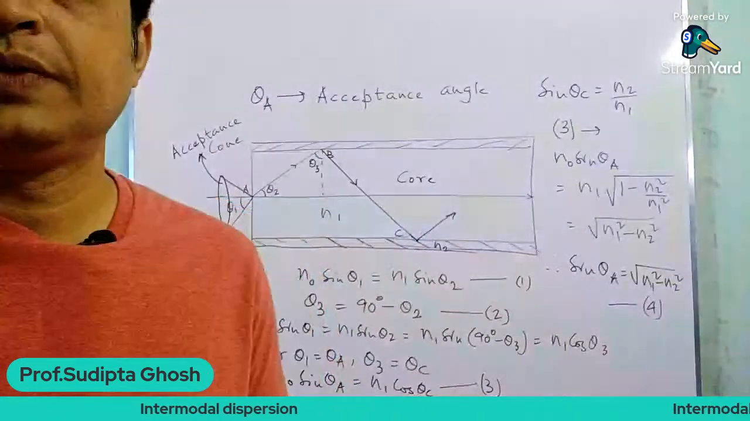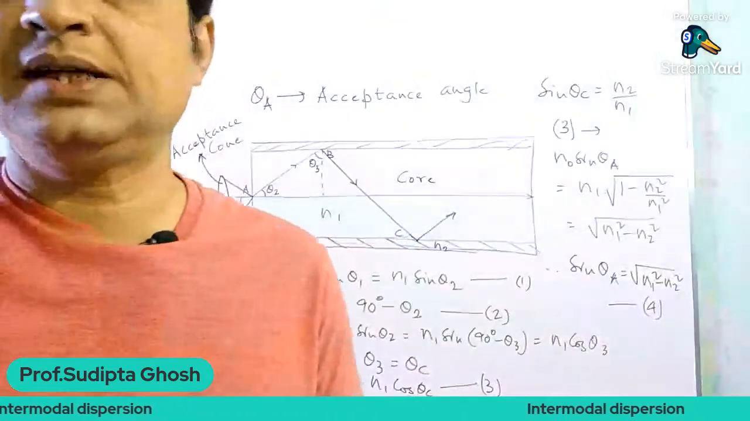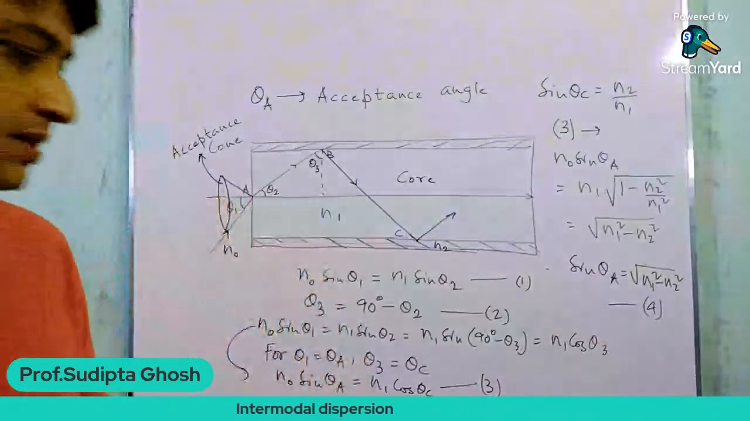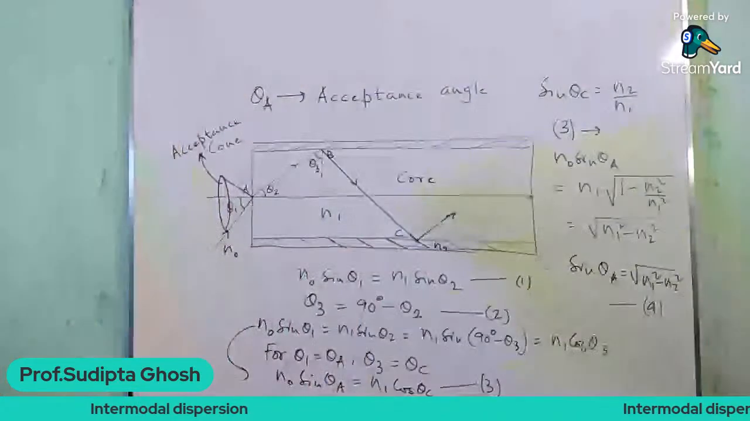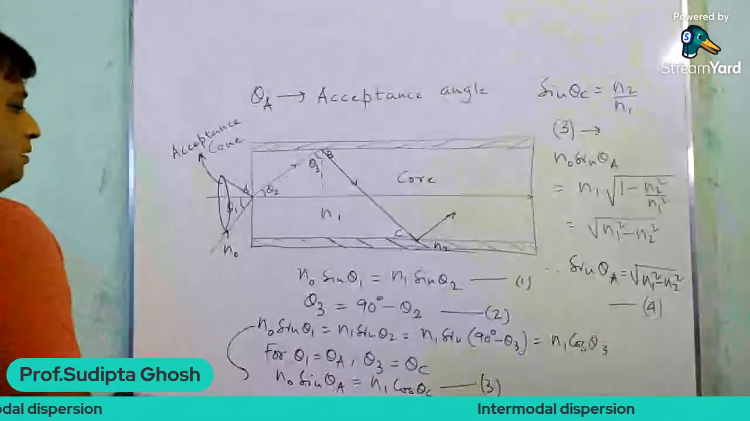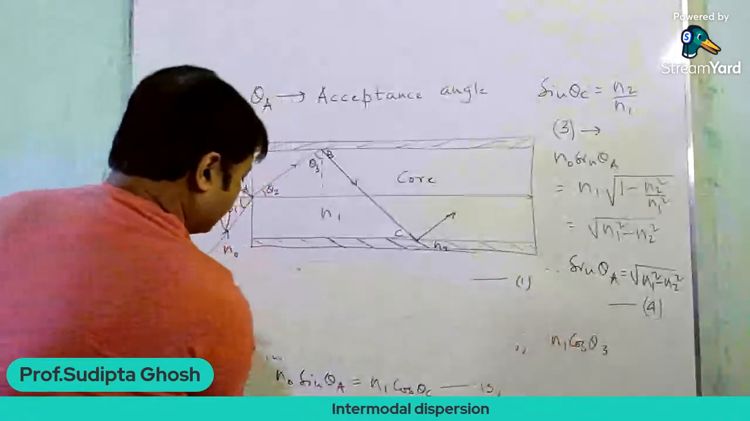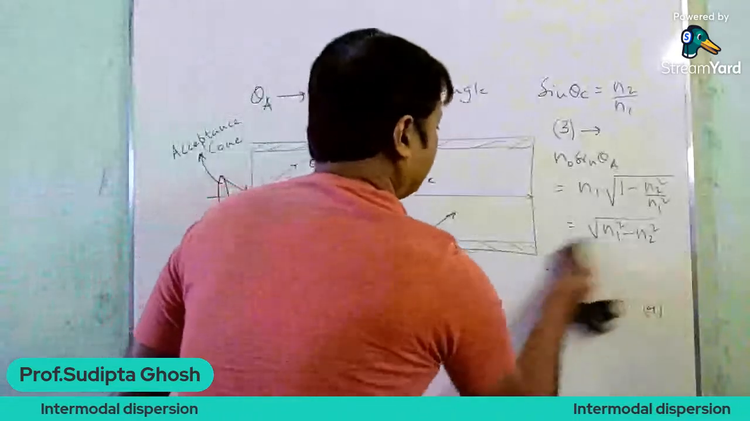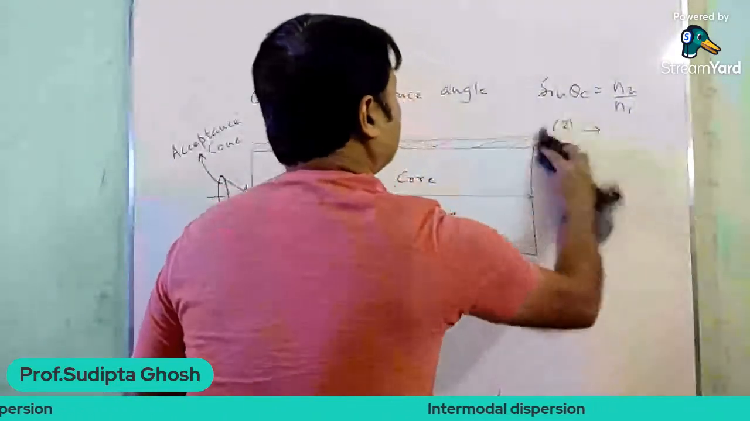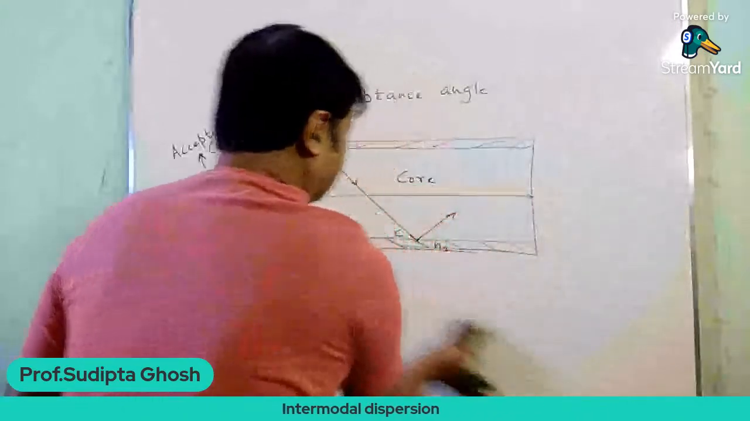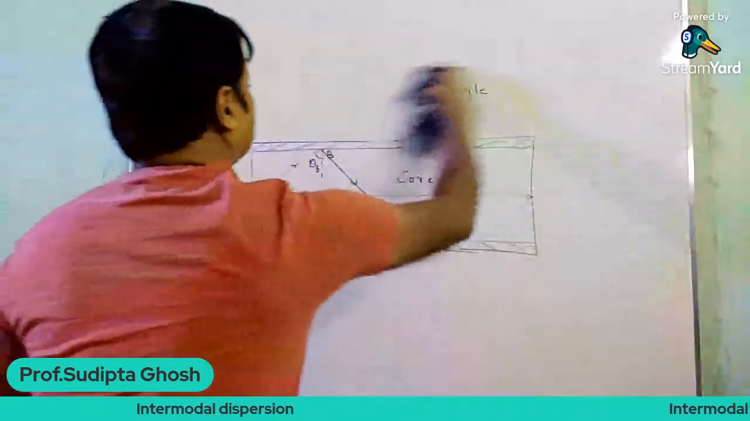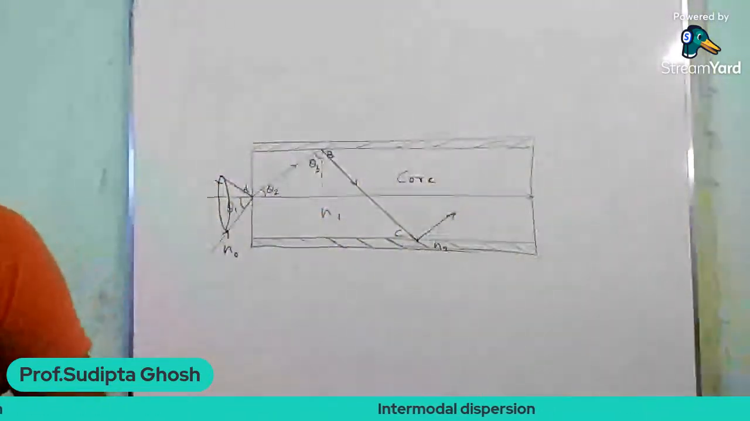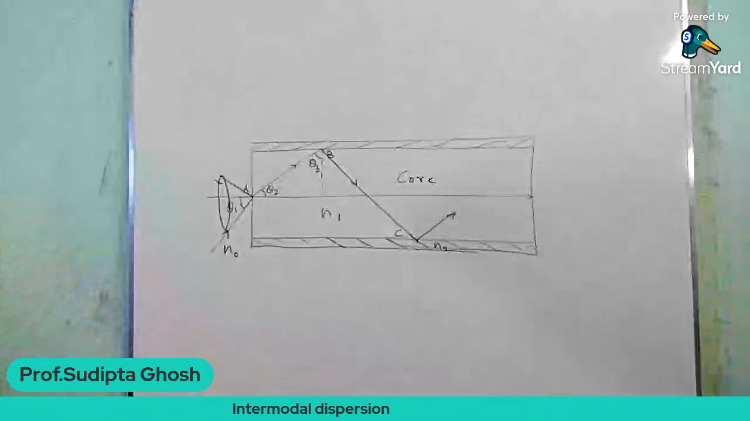if you understand this part of the lecture, I will move on to discuss the intermodal dispersion. This is an important part of the lecture, because I have already discussed why this intermodal dispersion appears, why this occurs. So let's talk about